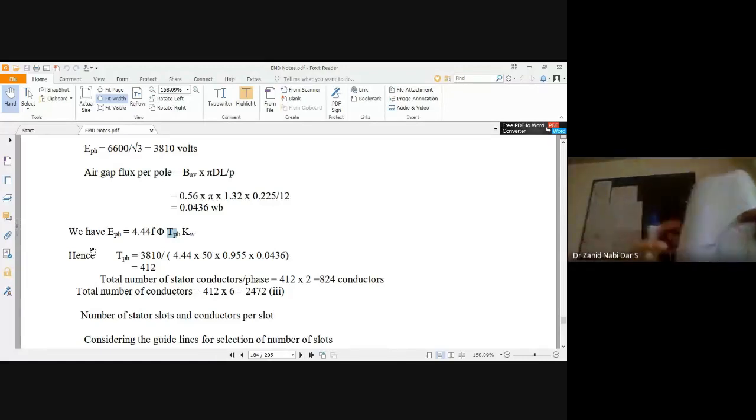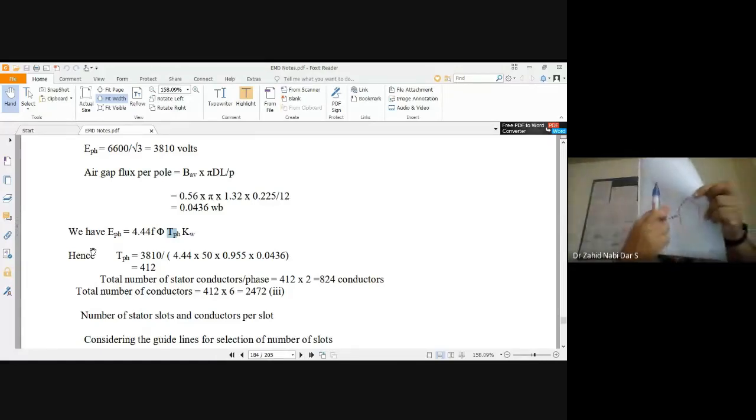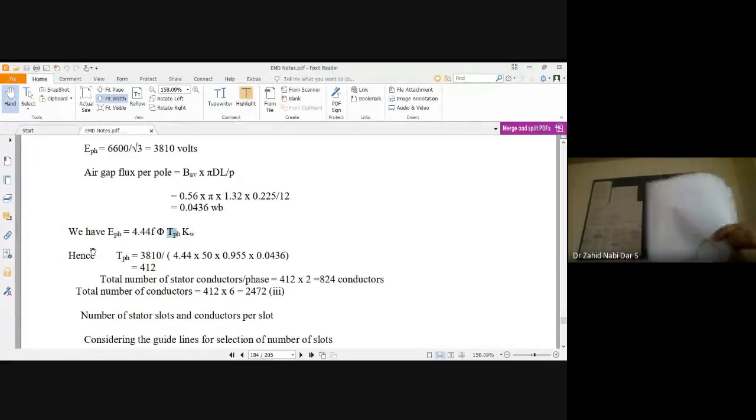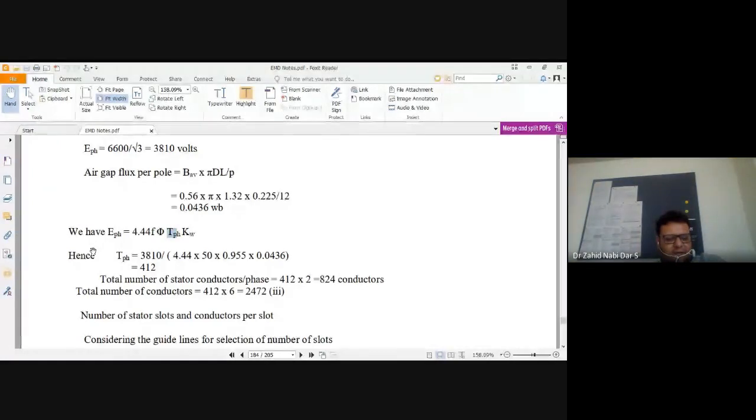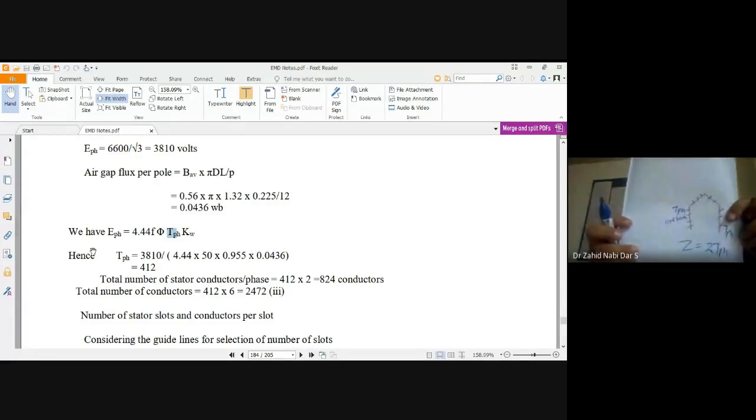See here, you can see this. Here I have drawn, this red which I have drawn is an entire conductor. In blue, which I have marked, is one turn. So this is one T phase. Again, this is another T phase. In Z, this would be equal to twice T phase.